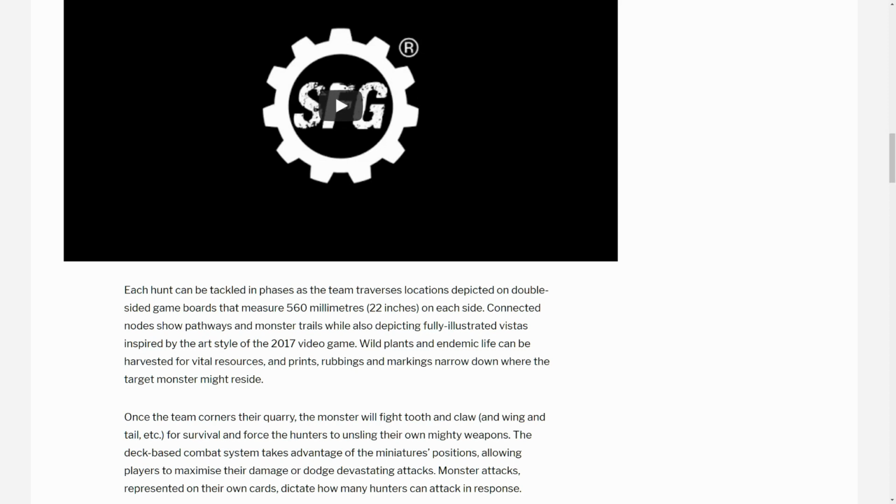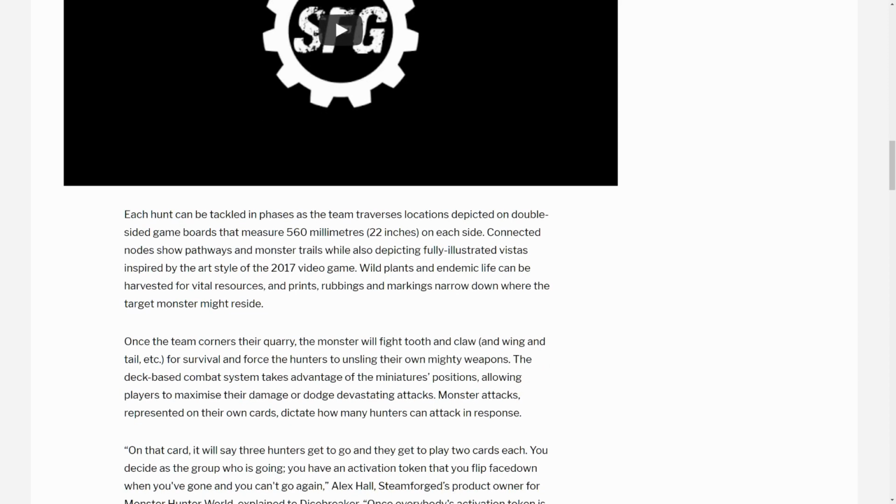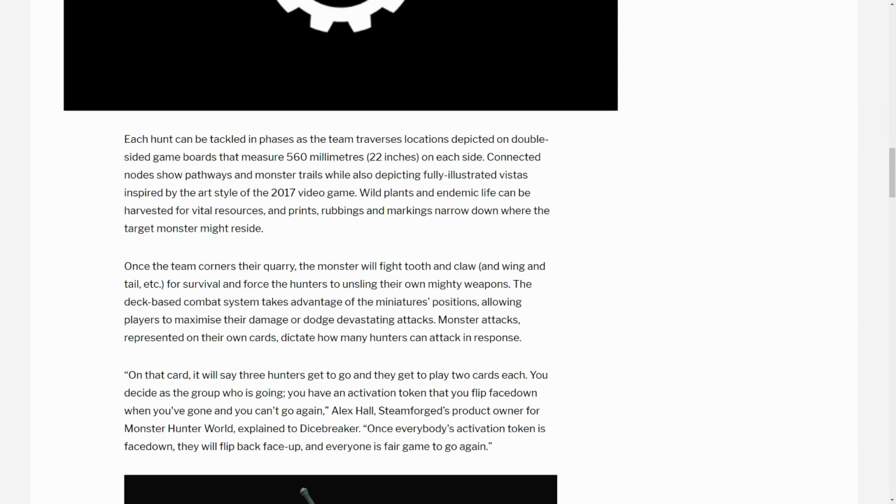it talks a lot more here about what we can expect to get. You're going to be hunting the monster anyway. You're not going to be able to go straight into battle with them, and it says here there's going to be plants on the maps and stuff that you can get for resources. Take prints and rubbings from certain things and markings to narrow down where the monster might be. So there's a little bit of an investigation path in the game. It does talk about combat here as well, and